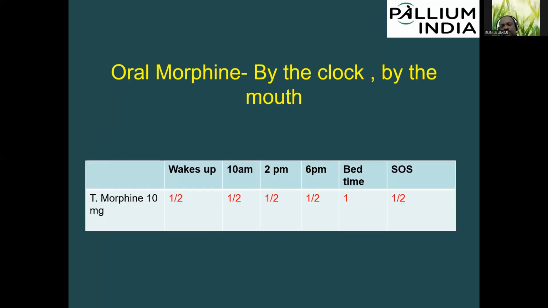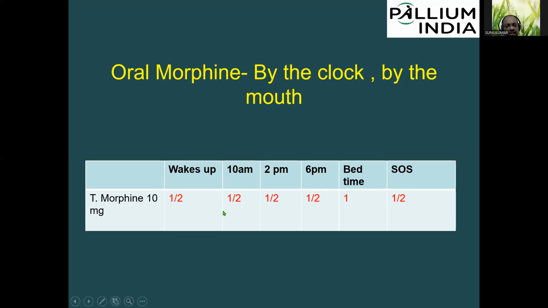Actually, whatever be the dose that has given good pain relief for the patient can be converted to the same oral dose. So in this patient, he received 4.5 milligram of IV morphine, but we cannot give 4.5 milligram of oral morphine. The tablets available are 10 milligram tablets. So you can give half of 10 milligram, that is 5 milligram. That is the nearest dose possible, isn't it? So you can give 5 milligram every 4 hourly. Morphine acts only for 4 hours. So you have to give morphine every 4 hourly.